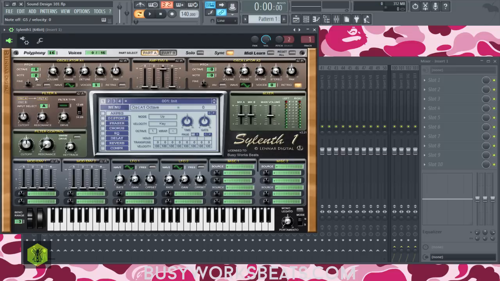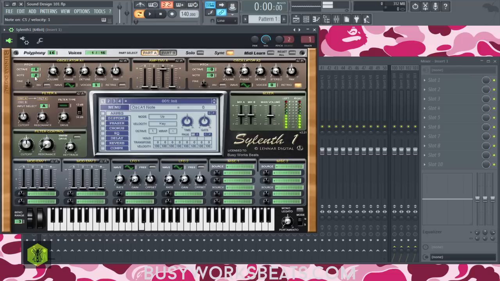semitones, there are 12 semitones to an octave. So in Sylenth particularly, you can go plus or negative 7 semitones. And this is similar to moving up every single key on your keyboard. Every single key on your keyboard is mapped out to semitones, which equal 100 cents. So they're 100 cents separated. So I'm going up every single key. That's the same thing with the note value here, or the semitone value.